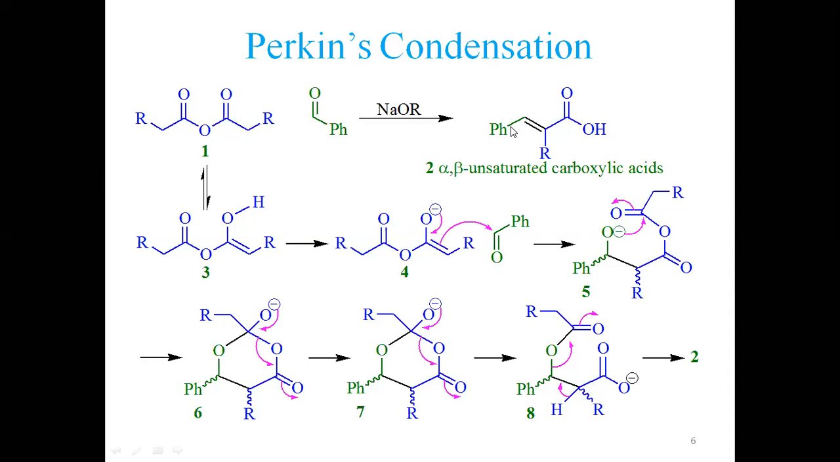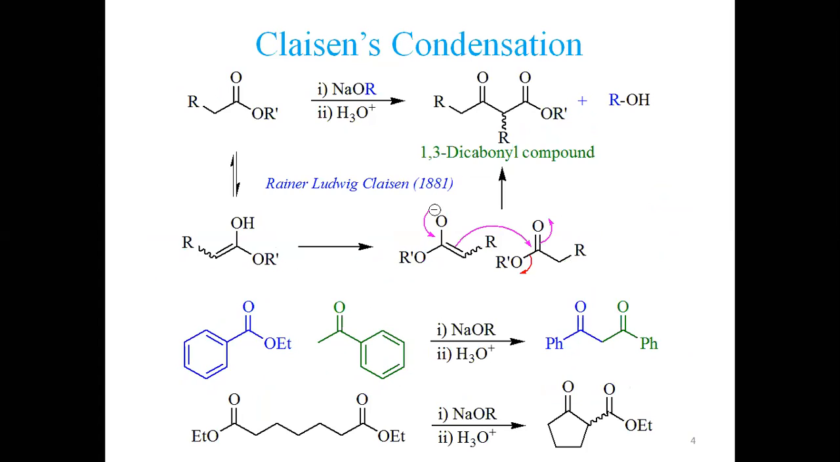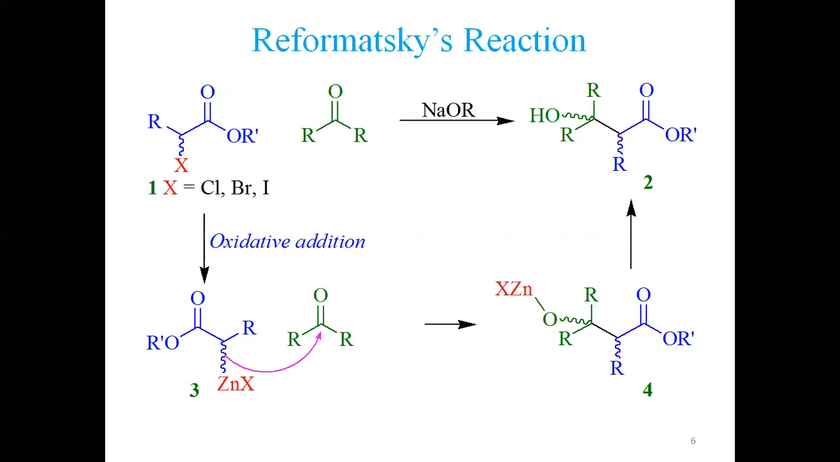In the previous one, you have seen it results in the formation of alpha beta unsaturated esters. In the first case, Claisen condensation, it results in 1,3-dicarbonyl compounds. So these are the three different condensations, starting with a different substrate, coupling with a different reagent to result in the formation of a different outcome. So today we are going to start another important condensation,